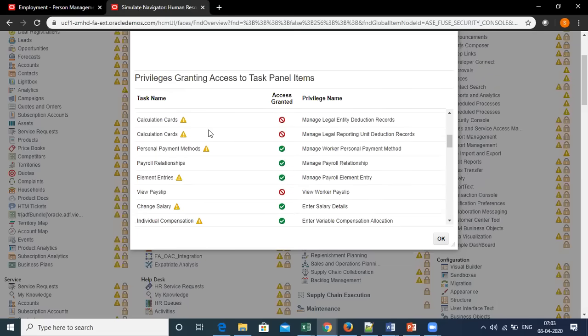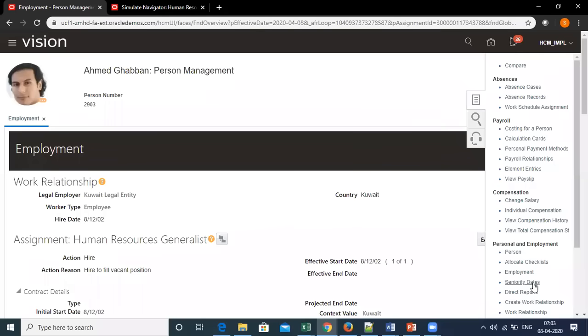So basically these are all the tasks which are available here.